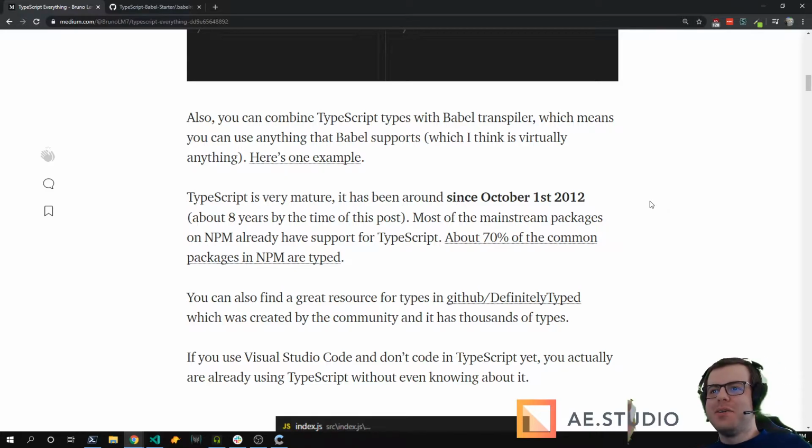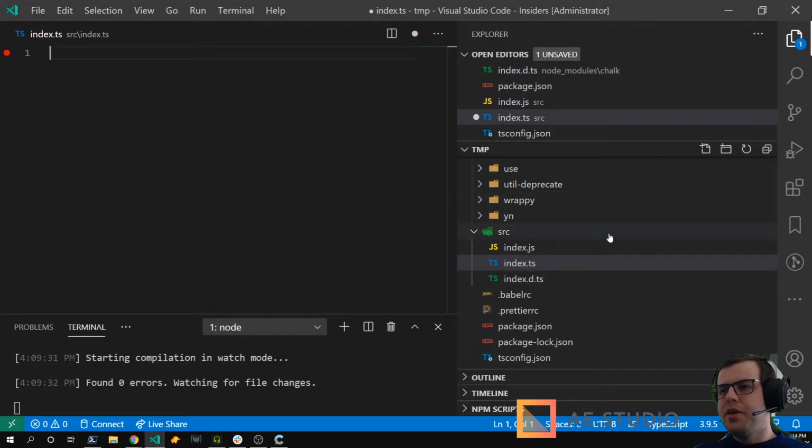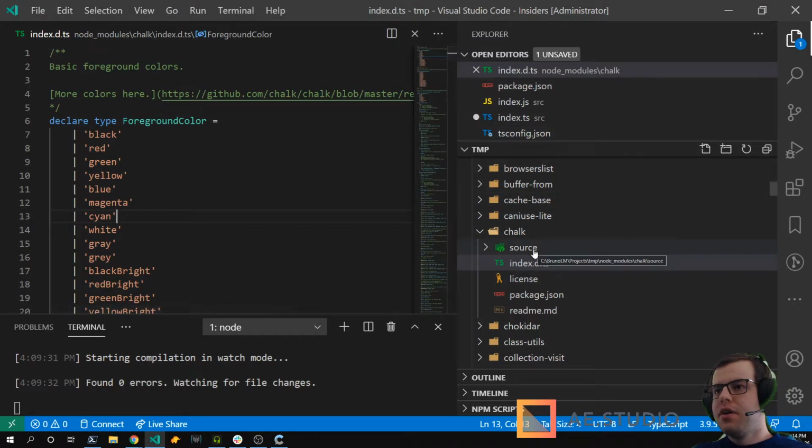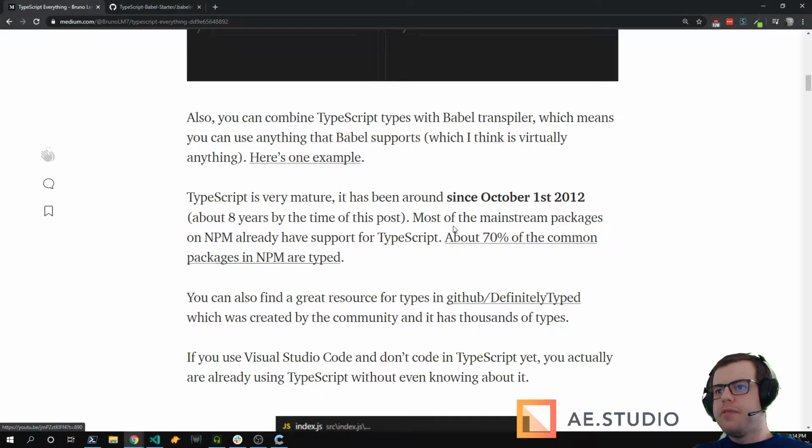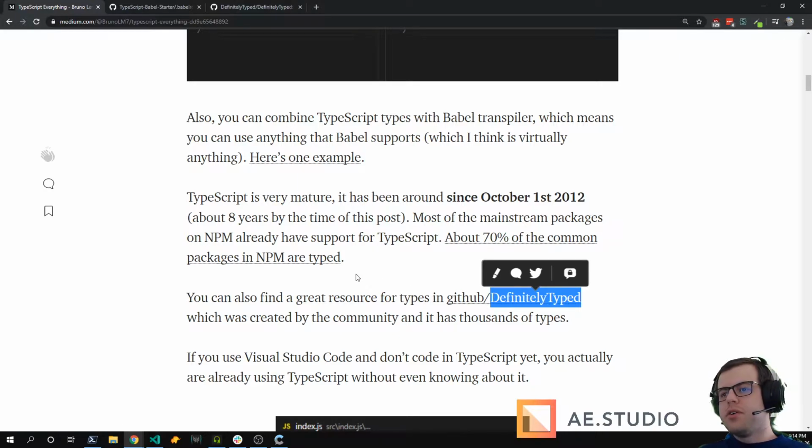Okay, let's go step by step. You saw that types can be bundled in a package, and the other way you can have types is in this Git repository called DefinitelyTyped.